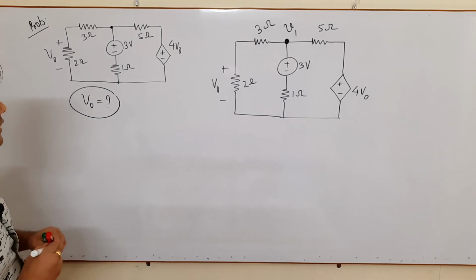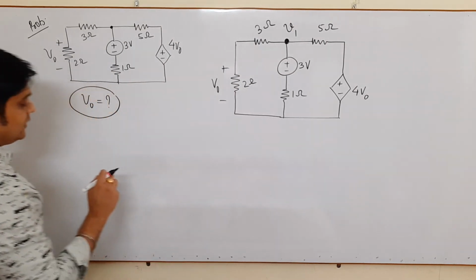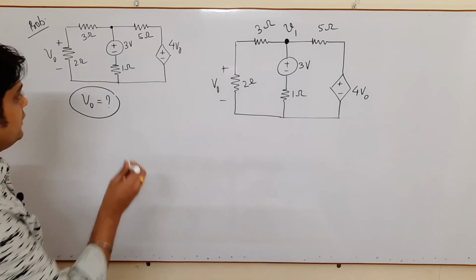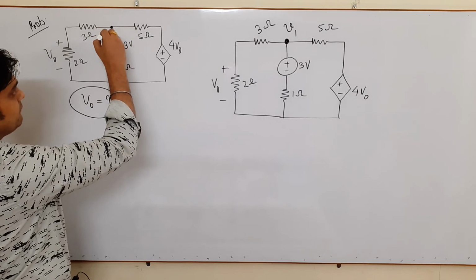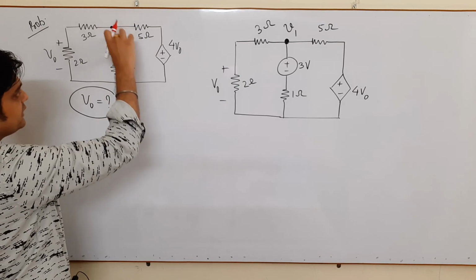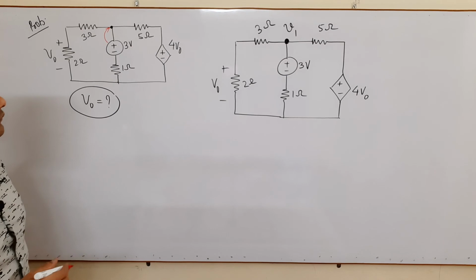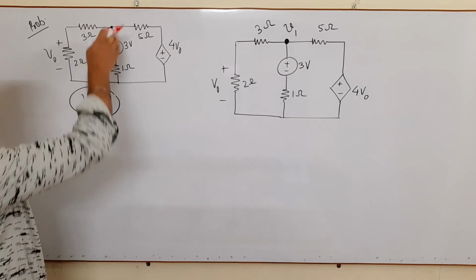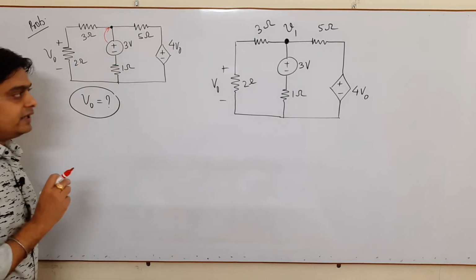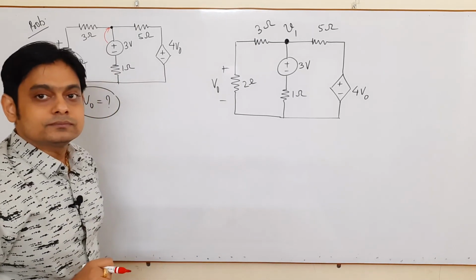So now in this specific problem, what I am going to tell you is one important concept. I have again redrawn this network here. Please see, sometimes people make a mistake: if they find a voltage which is close to a certain node, they just say that this 3 volt is appearing on this node, and one can easily solve this problem just by applying KCL at this node, and whatever answer you obtain, it is in your option.